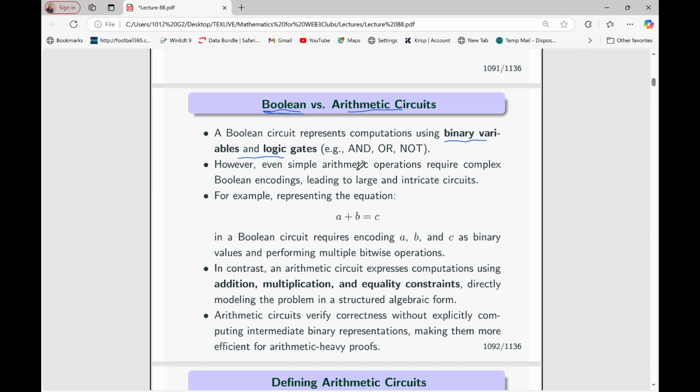The arithmetic circuit, instead of the logic gates, we have plus and multiplication direct in our equation. However, even a simple arithmetic operation requires complex Boolean encodings, leading to large and intricate circuits. When you are dealing with the Boolean circuits, even a small